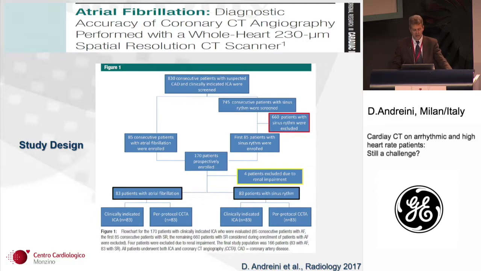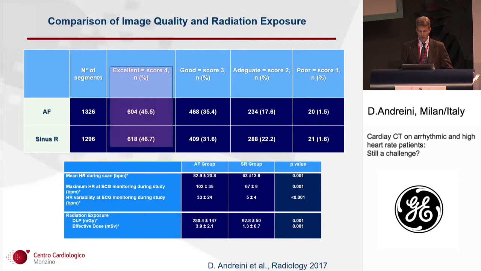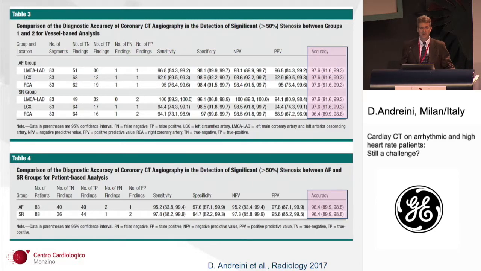The last topic is the diagnostic accuracy. This paper was recently published in Radiology, 83 patients versus 83 in atrial fibrillation, scheduled for CAT. We found the same image quality between the two groups, sinus rhythm and AF. Different, obviously, heart rate during imaging. Different dose was 1.3 in sinus rhythm and less than 4, that is still good in atrial fibrillation. But the most interesting data, the accuracy is very high, and is exactly the same between sinus and AF patients